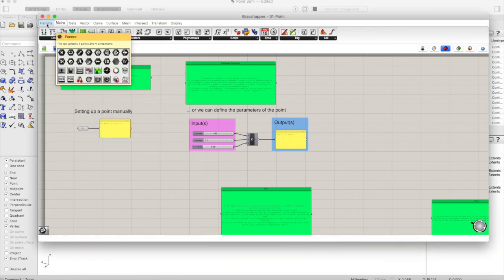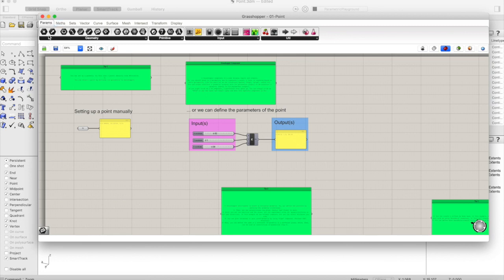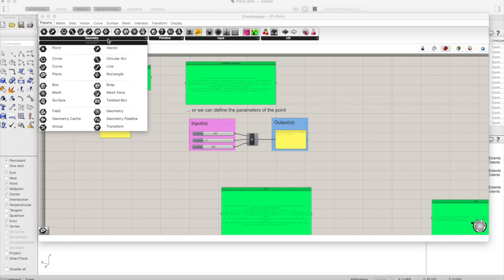When you go to the parameters main tab, then you will have subsets like geometry, components for geometric definitions,